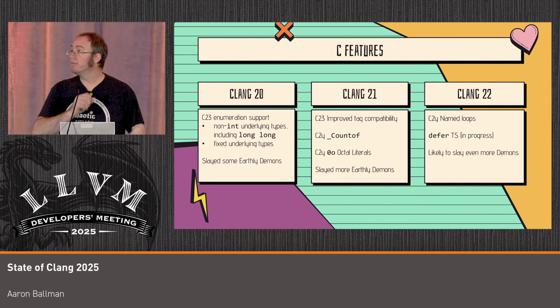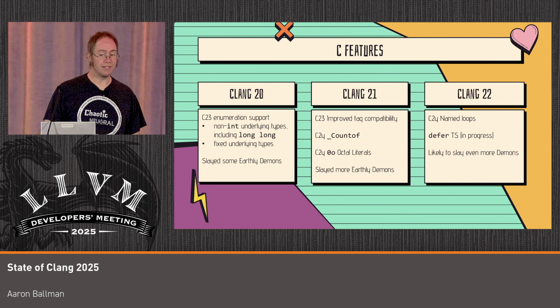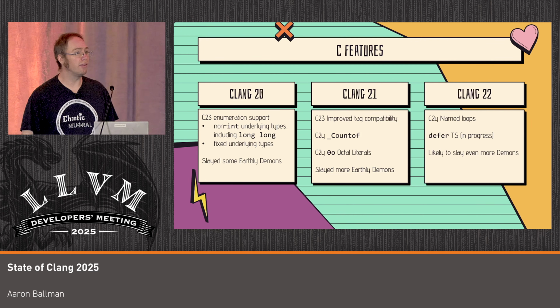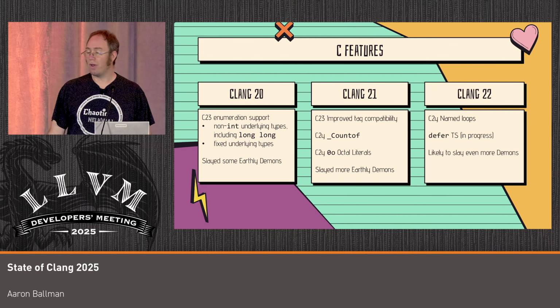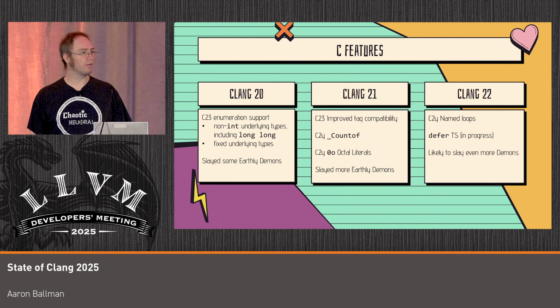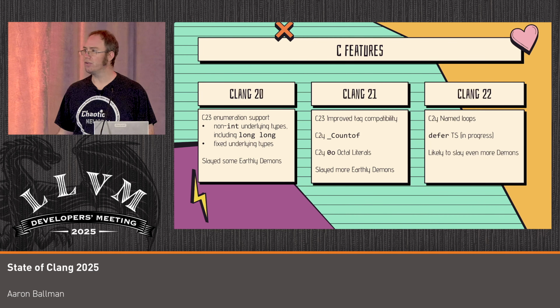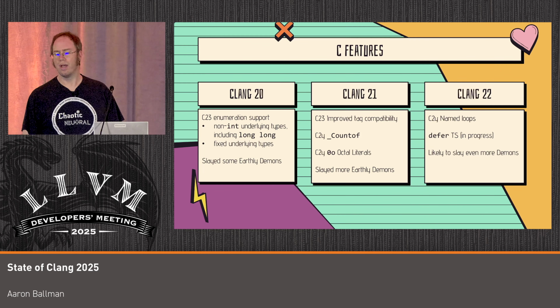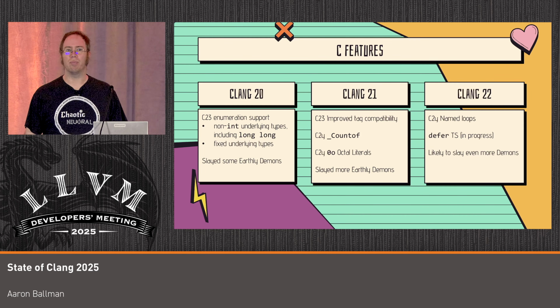So diving right in, what kind of things have we been working on the C side of things is we've largely been working on C23 and C2Y support. So in Clang 20, we improved enumeration support. So now you can have the C23 feature allowing fixed underlying types like they had in C++, as well as enumerations that are of type long as opposed to of type int, which is an extension that everybody has supported